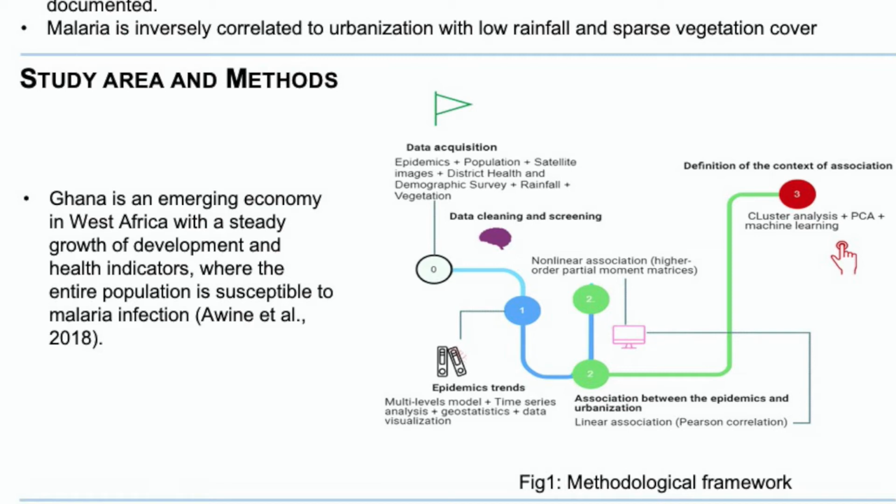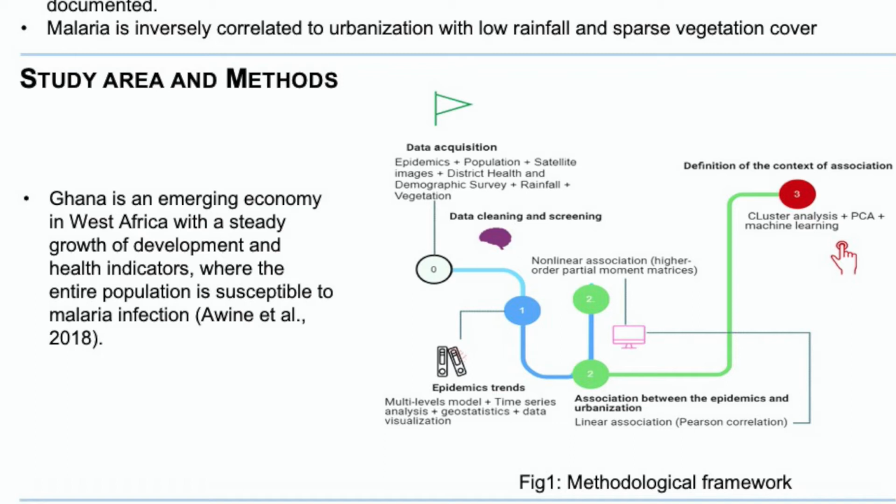In order to reach our goal, we follow a 3-step procedure after obtaining 8 types of data. The set of data is related to malaria epidemics from 2015 to 2018, population density, population health and living condition, vegetation cover, and precipitation. The first step consists of getting insight into the past epidemic using a multi-level model, time series